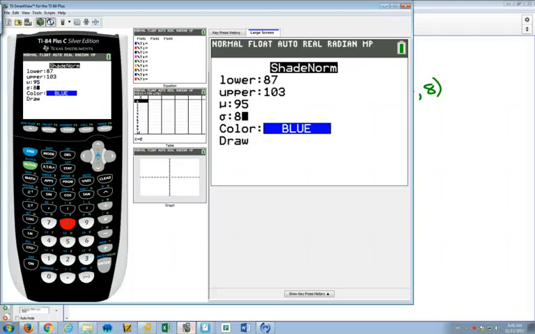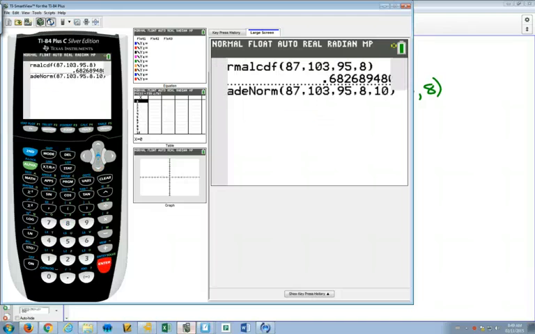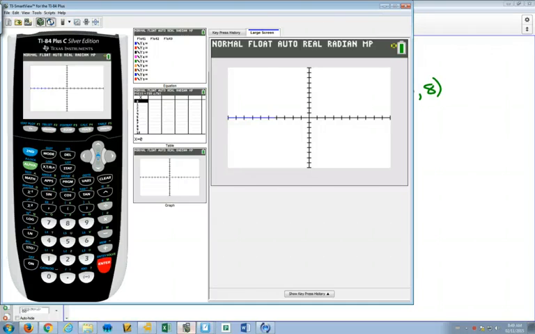And our sigma was 8. Again, if this screen doesn't come up for yours, you'd have to go shade norm 87, 103, 95, 8, and then go to draw. And nothing appears